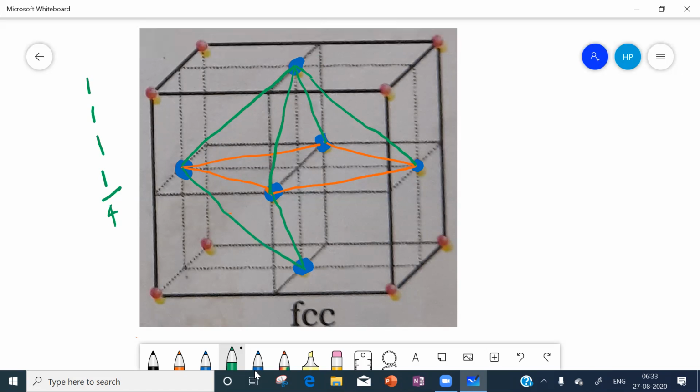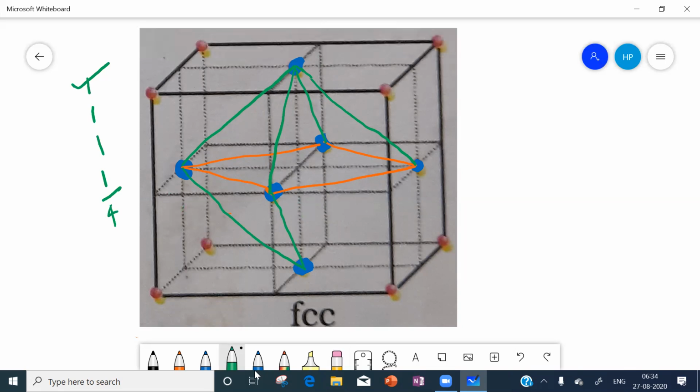Is it a triangle or not? Let us take it as number 1, number 2, number 3. From 1 to 2, 2 to 3, and from 3 back to 1, it is one triangle. So we got one triangle. Next we will see.